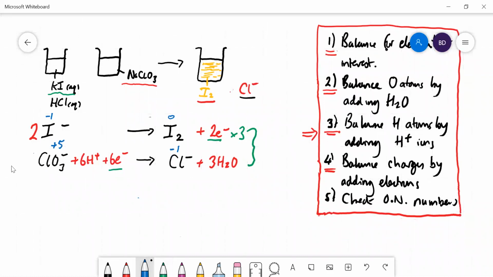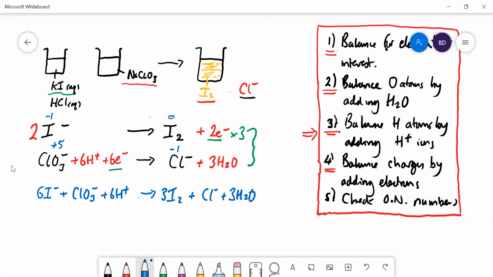So we need 6I-, 1 chlorate ion, 6H+ ions. The electrons are going to cancel out, so we're going to leave them out. And you need to times this by 3, so it's 3I2. And it's going to be Cl- and 3H2O. So that is our final